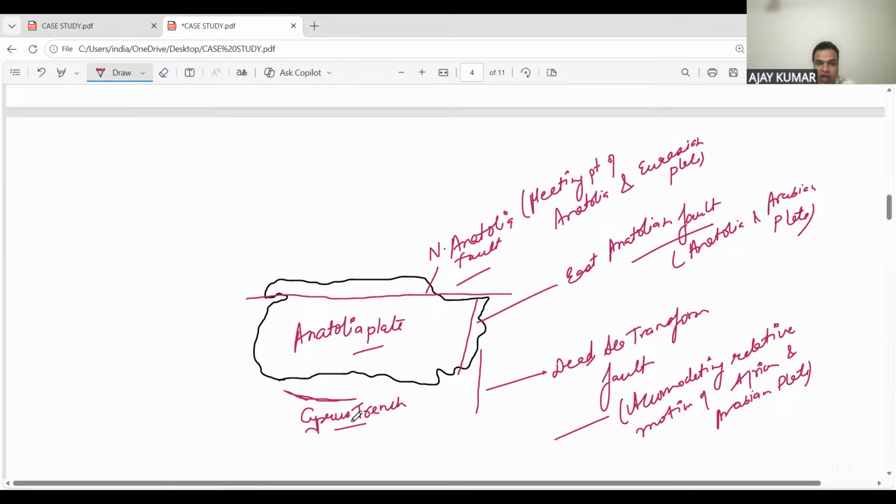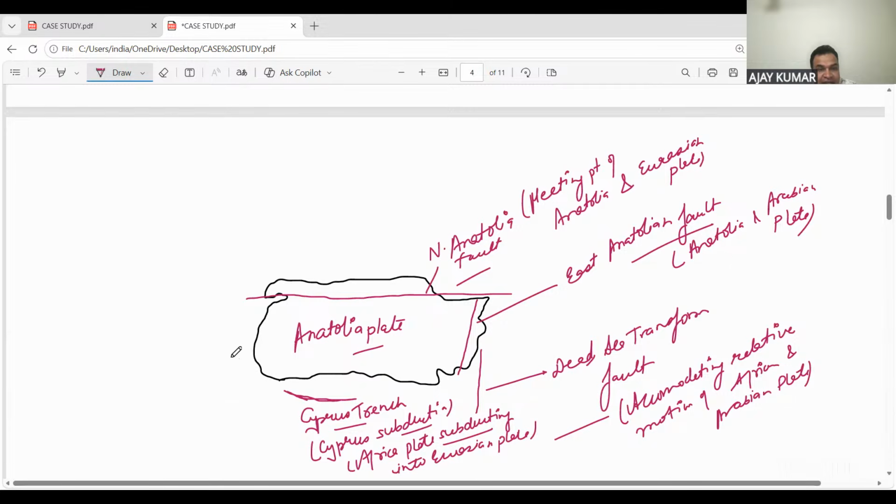Cyprus trench, or I can say this is the Cyprus subduction zone, where the African plate is subducting into the entire Eurasian plate. ठीक है,